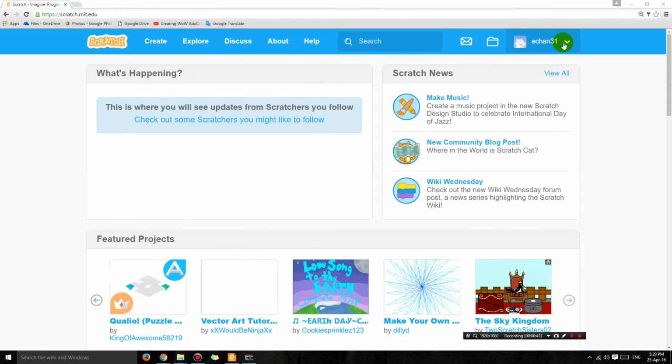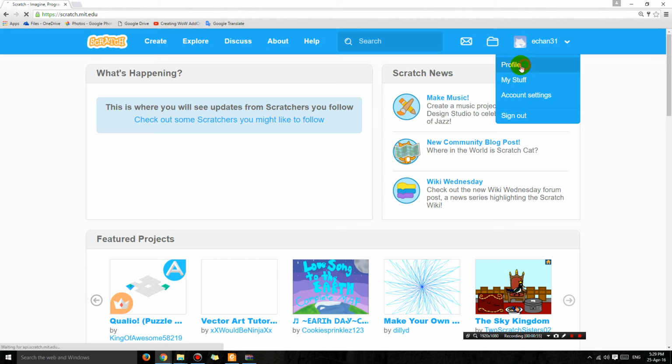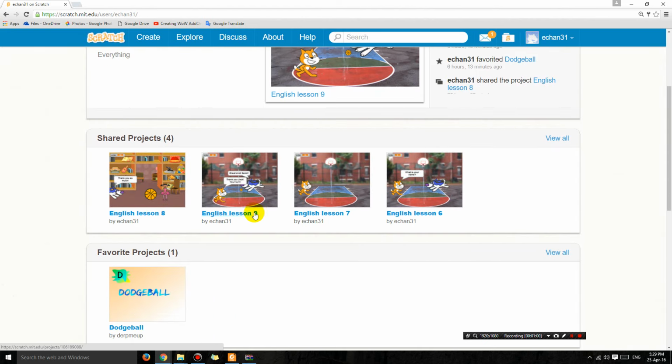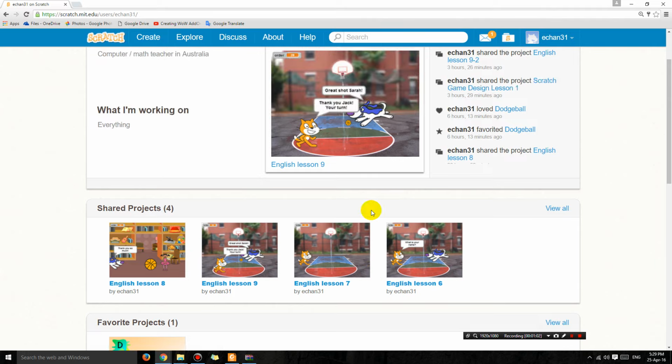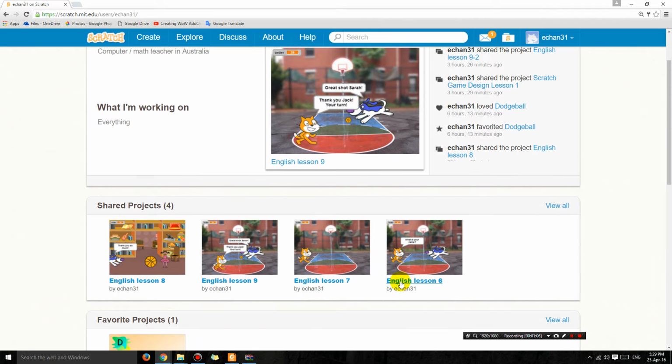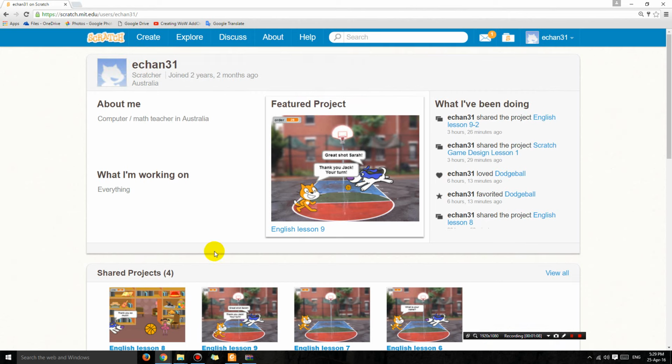Now if you create your own login, your own profile, you can also save your stuff online and share it straight away, which is what makes this really cool. For example, I have my own profile and I've got some stuff here that you can click on if you want, but it's probably not much use to you because they're English lessons. But anyway, if you click create,